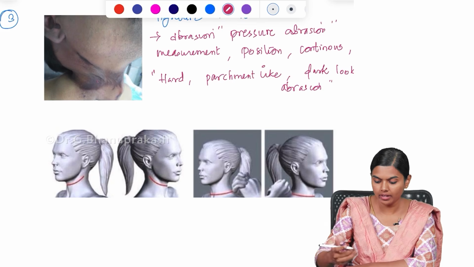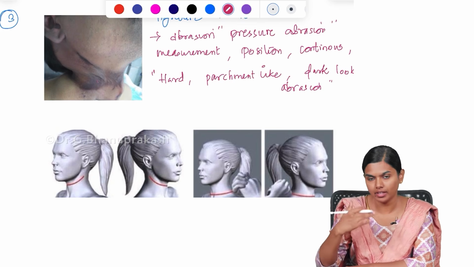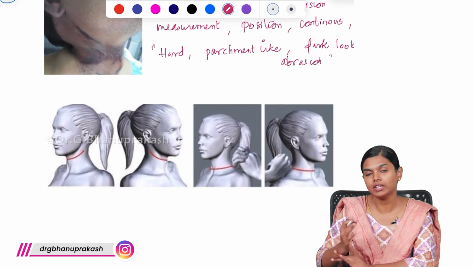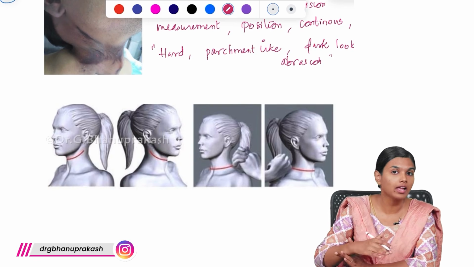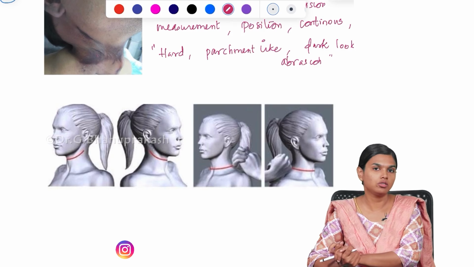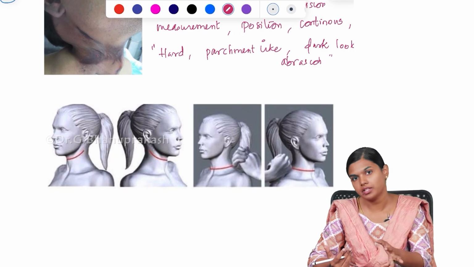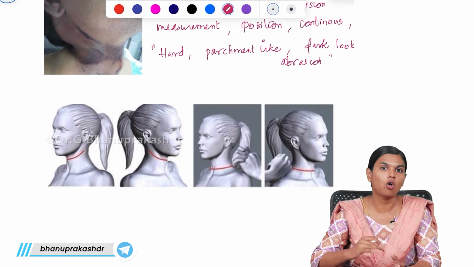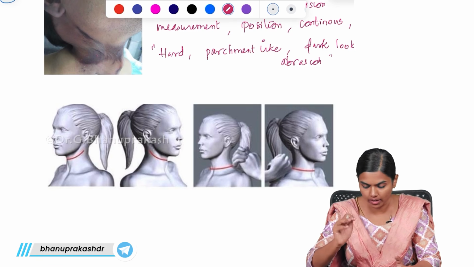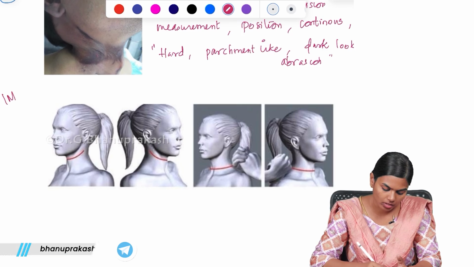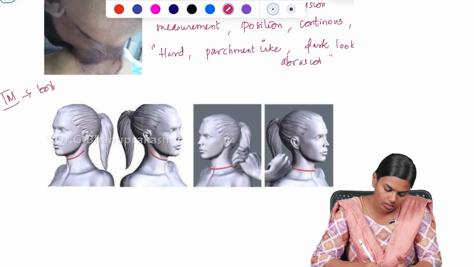And why I mentioned position, continuous, oblique, is that when we measure how it looks and when we see it, we can actually differentiate whether it is hanging or strangulation. Why? Because in case of strangulation also there is constriction of the neck. Sometimes a ligature will be used; only in manual strangulation we use the hand. Apart from that, in all other strangulation a ligature is used, right? So in both strangulation and hanging, you will be getting a ligature mark.